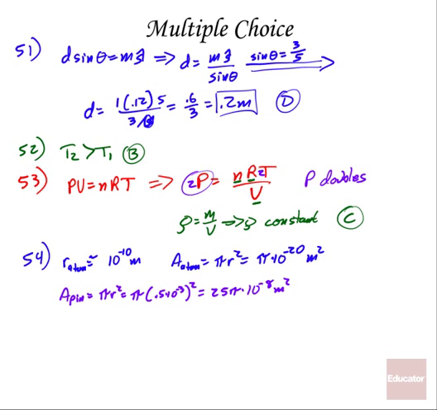So if we want the number of atoms, I'll take the area of the pinhead, which is 25 pi times 10 to the minus 8 square meters, divided by one single atom's area, pi times 10 to the minus 20. And pi's will cancel out. 10 to the minus 8 up here, that'll be 10 to the minus 12 down here. So I get something like 25 divided by 10 to the minus 12,